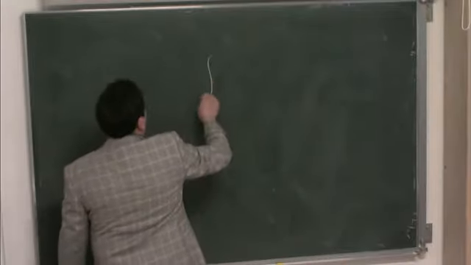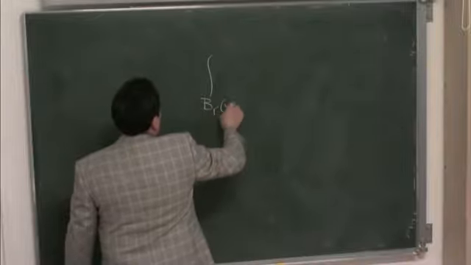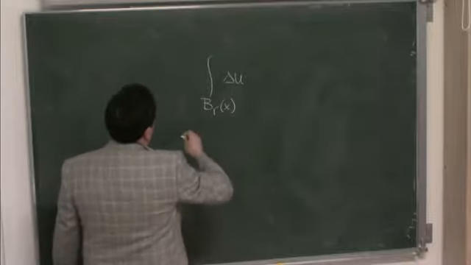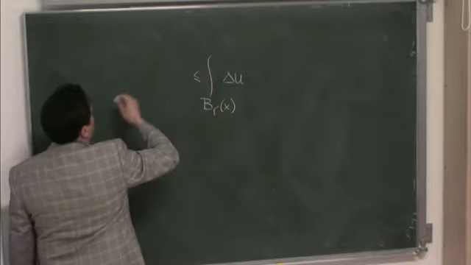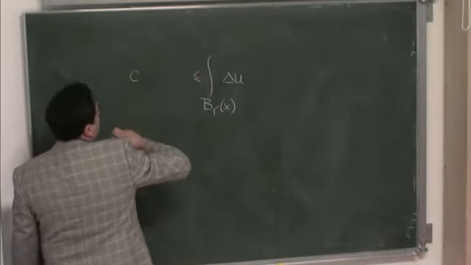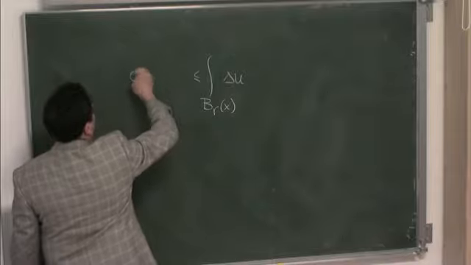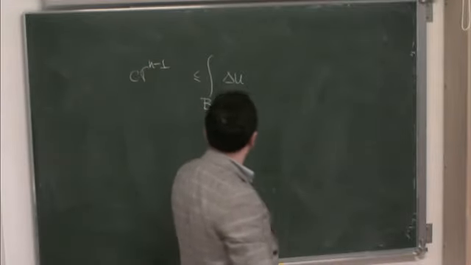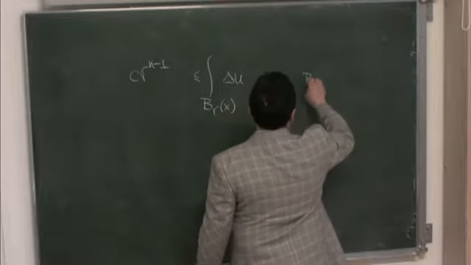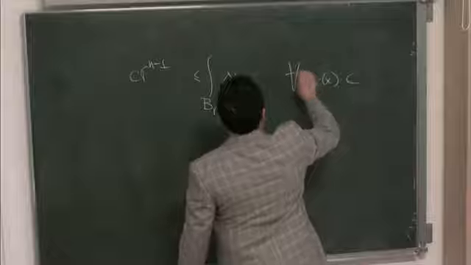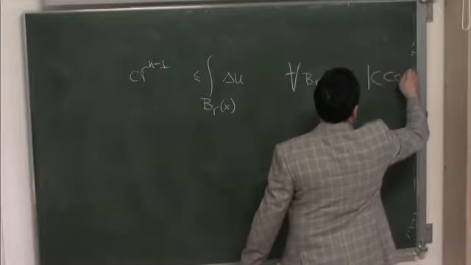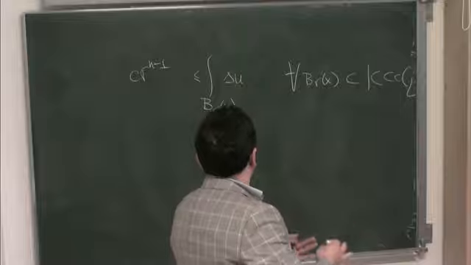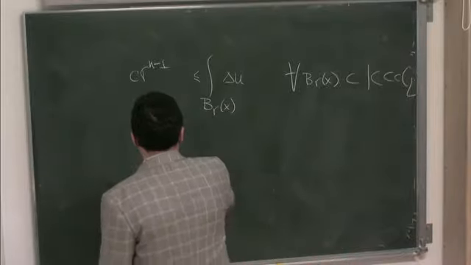So you take a ball B_r(x), and then you consider this measure, say Laplacian of U, and then if you know that the following estimate holds true, say this is bounded from below by some universal constant times r^(n-1). Okay, and this is true for any ball B_r(x) which is in some compact set in our cylindrical domain C_L, then if you cover your free boundary